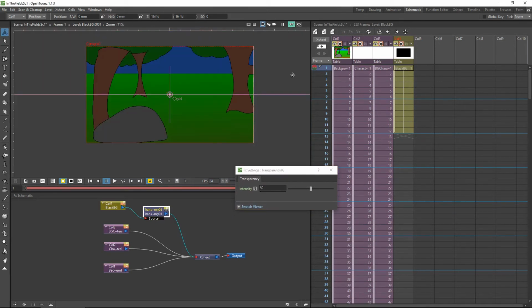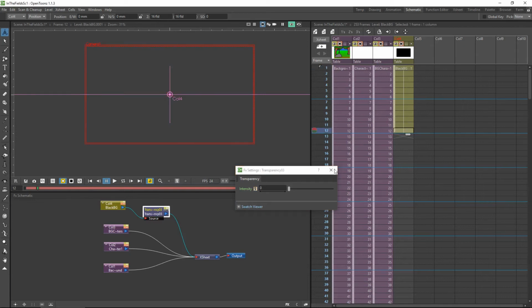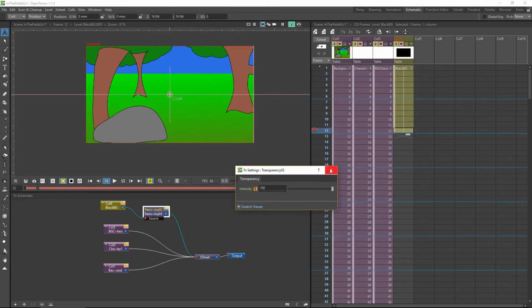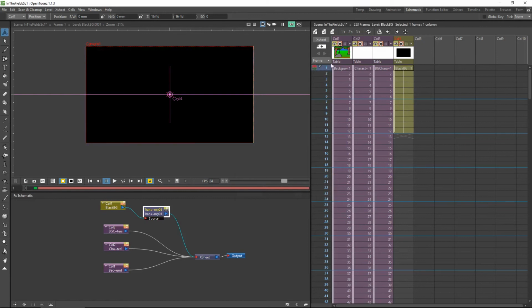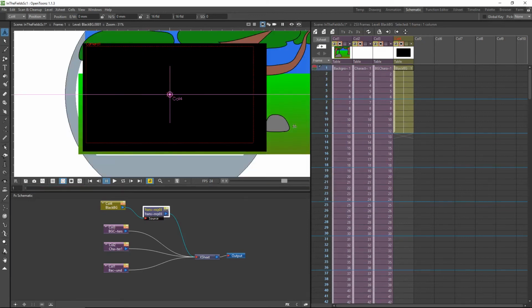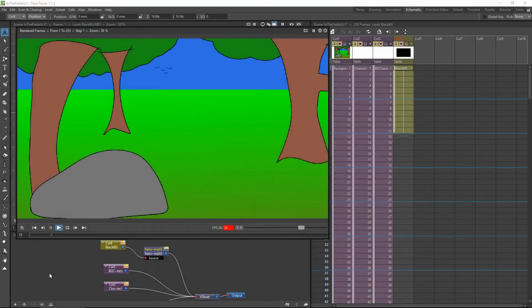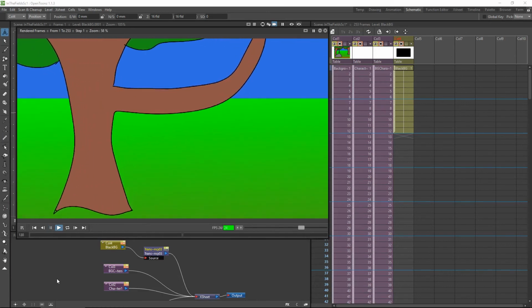If we put the preview window on, we can see how that looks. So in the first frame we'll add a key of 0 transparency. In the last frame we'll add a key of 100% transparent. So that across the first few frames we see the fade in. If we take a look at how that looks. Okay, good. So you see the fade in, the background birds, the camera movement from the background level, and the